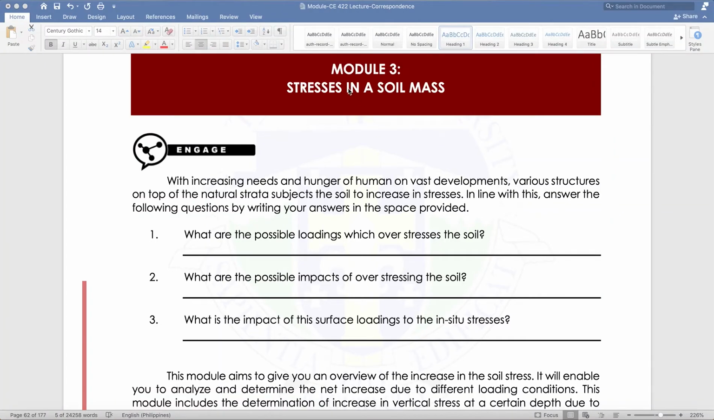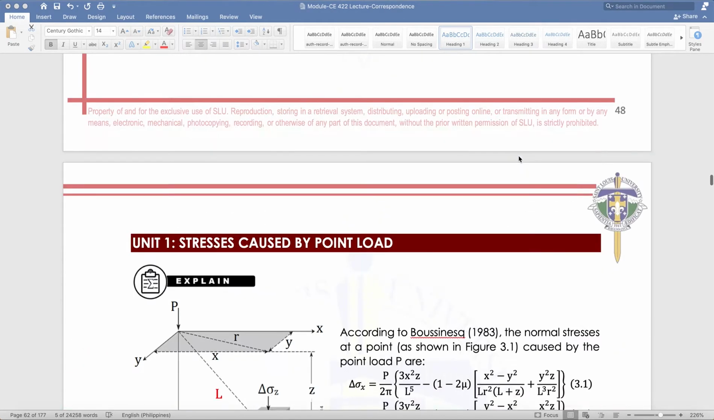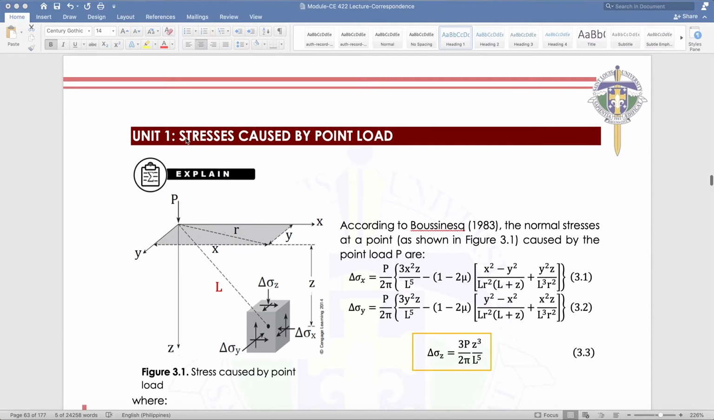So for this video, we are now on module number 3, stresses in a soil mass. For unit 1, we are going to discuss stresses caused by a point load. In this diagram, we have a point load and our soil mass. Given the point load here, we are to determine what would be the vertical stress that would be caused